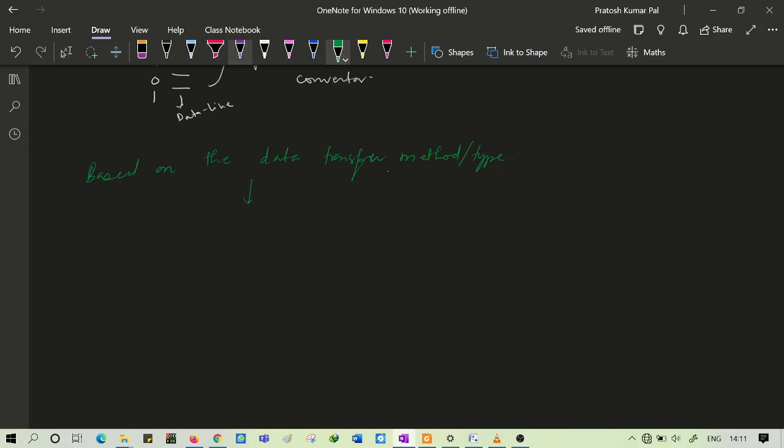The first one we can note down is called simplex type of data transfer.